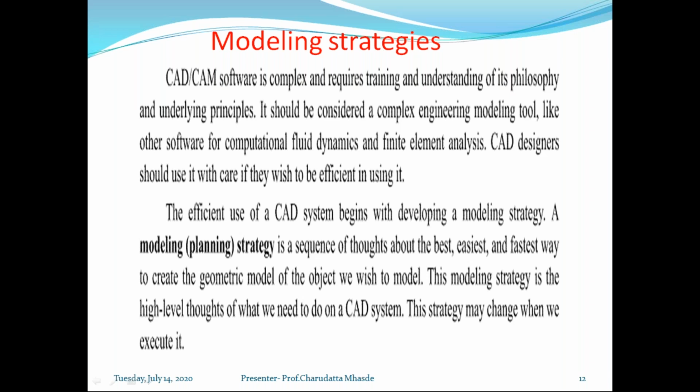The correct answer is triangle. A triangle is not a primitive feature, though it can be created using a sketch, but it is not readily available among the standard features. Cone, cylinder, and sphere are generally available with most CAD modeling software, but a triangle is generally not available as a 3D model. So the correct answer is triangle, and more than 43% of students gave the correct answer. Now we are moving toward the next part, that is modeling strategy.